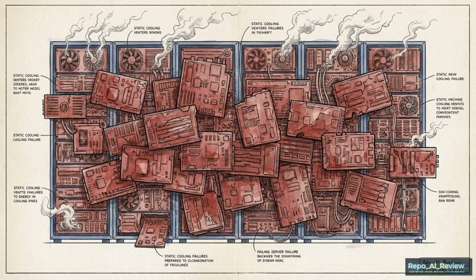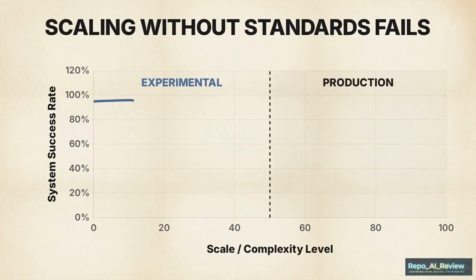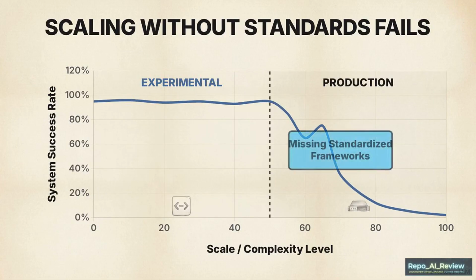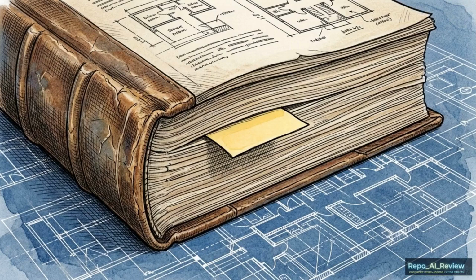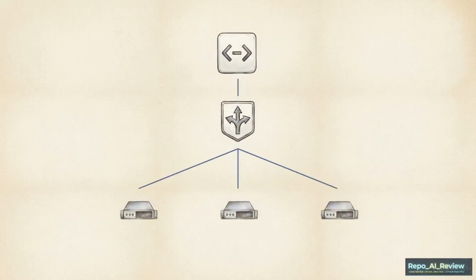engineering principles. This line graph compares prototype success against production deployment, and you can see the results of the industry-wide lack of standardized design frameworks. Without these standards, systems fail to scale past the experimental phase. To bridge this gap, Antonio Gulli published Agentic Design Patterns. It's an open-source GitHub repository built around a comprehensive 424-page guide that meticulously maps out the architecture needed for robust AI systems. This blueprint provides the structure required to move past experimental prompt engineering and into the realm of production-grade